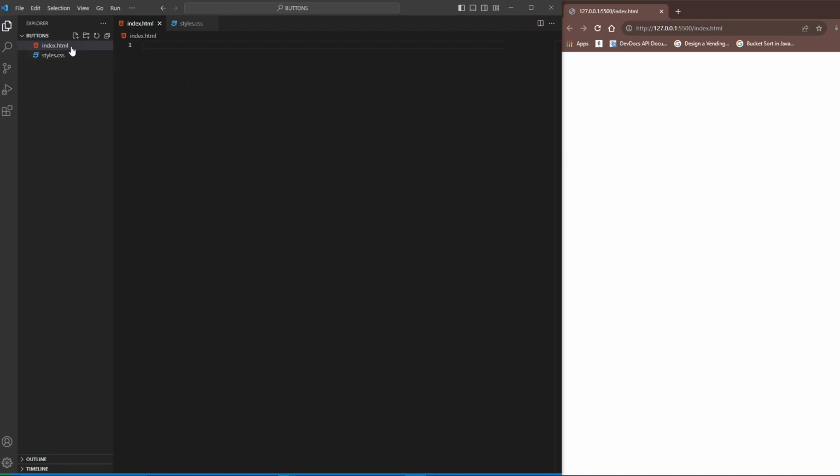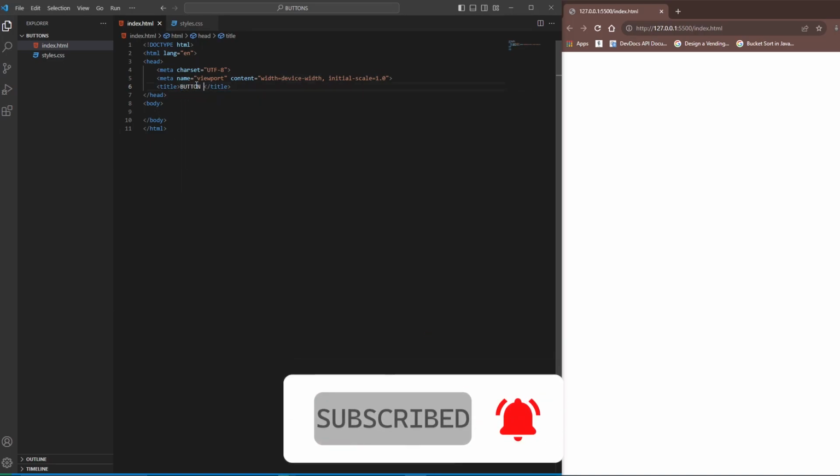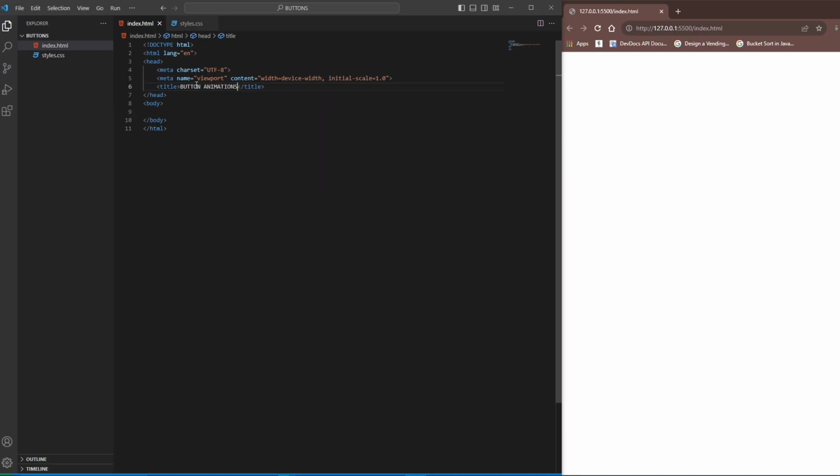So we have 2 files, one is HTML file and another is CSS file. Let's first create our buttons in the HTML file, doctype, and let's give it a title of button animations. Okay, and then link the CSS file. What is our name? styles.css. Okay, now in body,